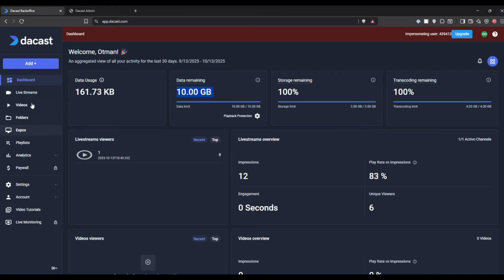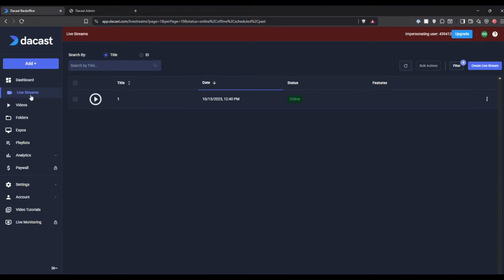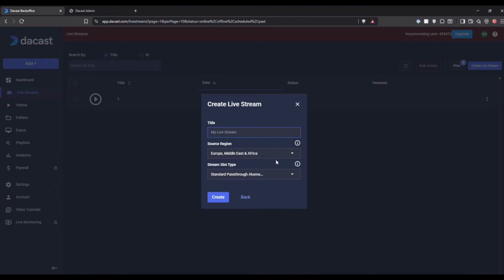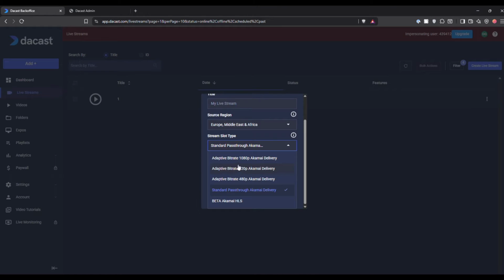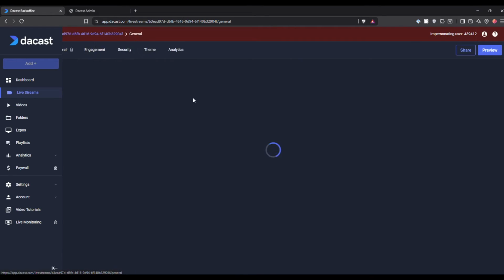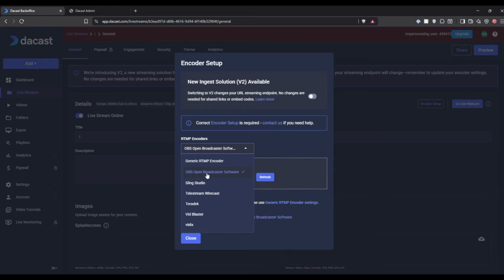To create a live stream, click Create Live Stream. Choose your encoding setup, HLS, RTMP, or WebRTC. If you're using OBS, select RTMP. It's free and reliable. Pick the region closest to your location and match the bitrate to your resolution. For example, if you stream in 1080p, select the 1080p or Akamai option, then go to Encoder Setup, choose OBS,